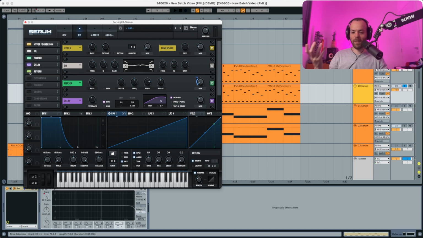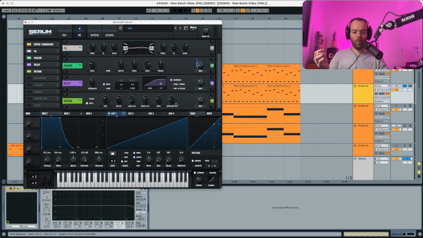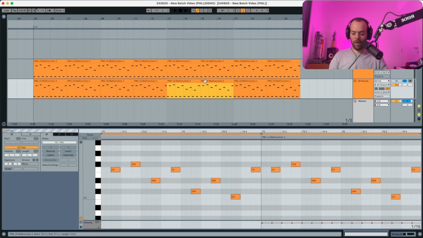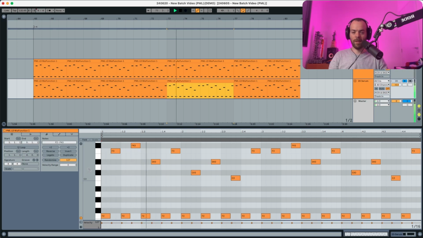Now, lastly, we're just going to pick a reverb. And in the reverb, we're going to put the wet a bit up. And that's pretty much it with the sound. Now, if you want to check the MIDI over here, that's pretty much what we're playing in this sound. And that's it. Now, if you want to listen in context,